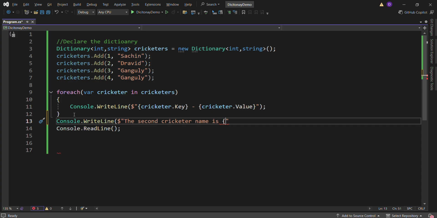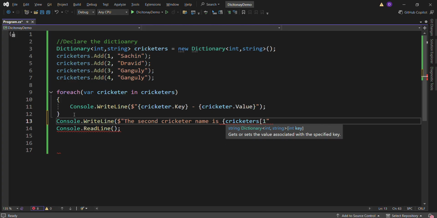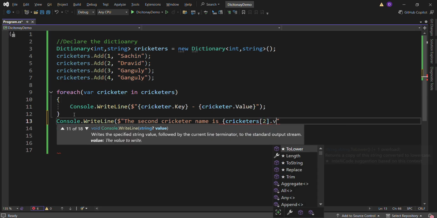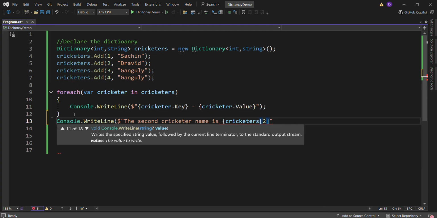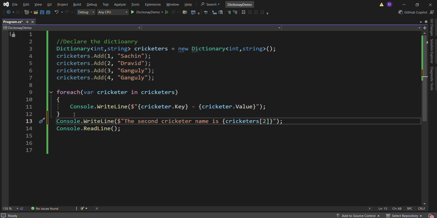What is the second cricketer name? So I would say cricketers of 2, right. So when I say cricketers of 2, we are accessing the values of the collection, that is the dictionary,